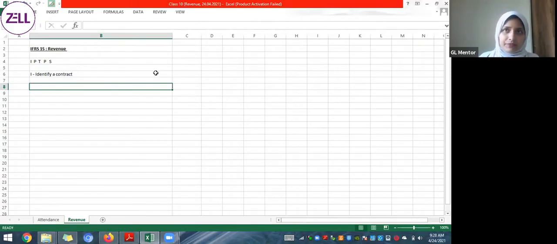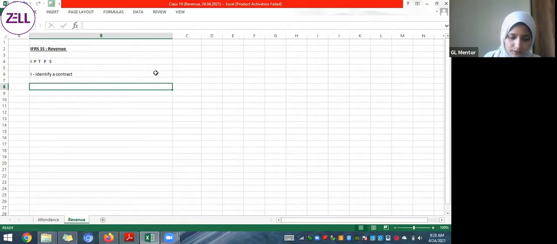For example, if you've purchased an air conditioning system for your house, that selling entity is going to give you that air conditioning system, but along with that, it is giving you servicing, say for 3 years. So you have to identify that that contract is going to deliver you two things. One is an AC, that physical commodity, and the other is an intangible thing, a service, which you're going to get over a period of 3 years. So you have to identify separate different items, this is important.